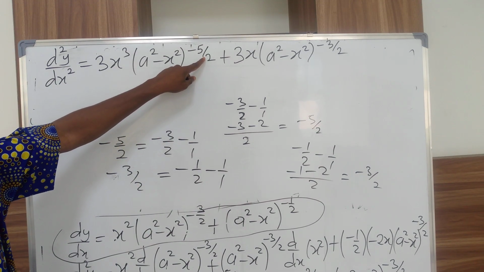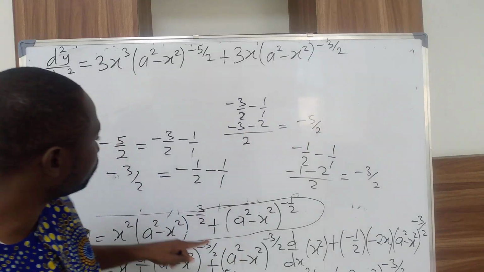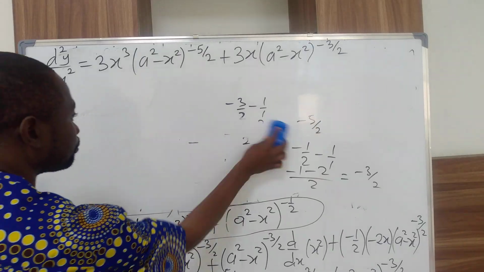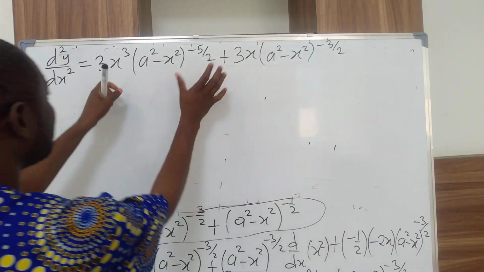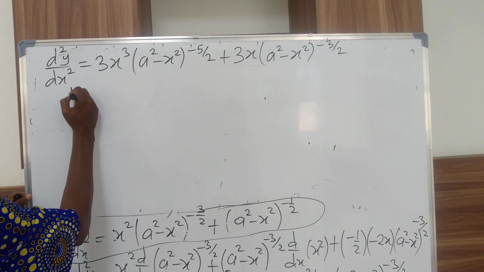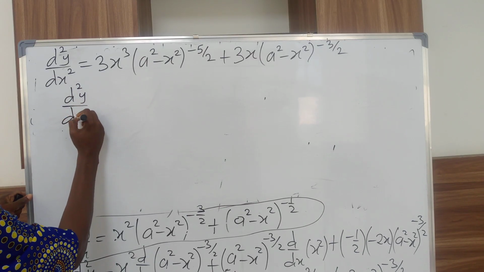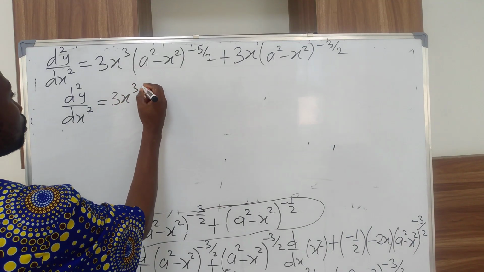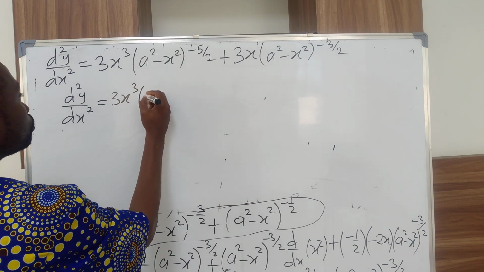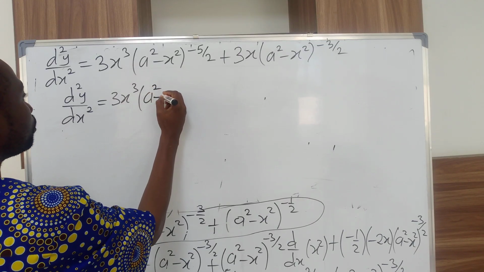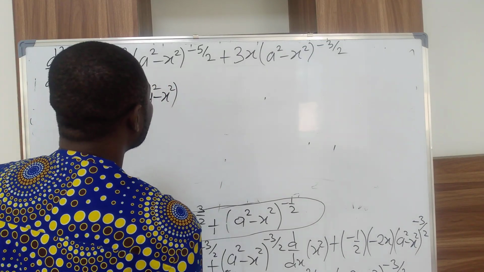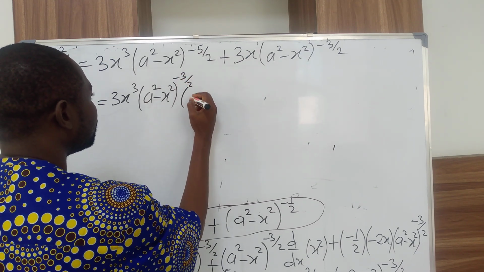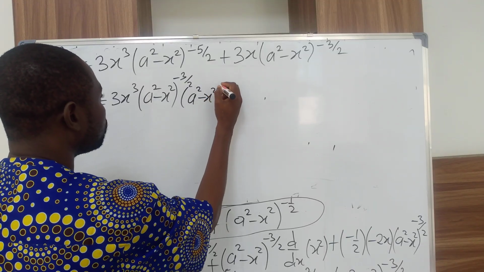I'm going to replace this one with this, and this one with this. Okay? Just watch what I'm doing. Alright. So I'm going to turn this to d squared y over dx squared is equal to 3x cubed into a squared minus x squared raised to the power minus 3 over 2, and another one, a squared minus x squared raised to the power minus 1,